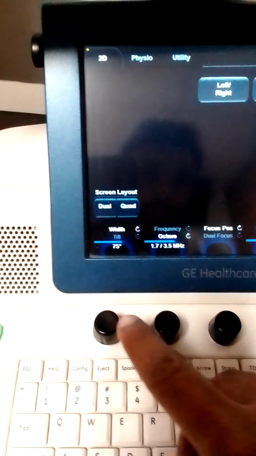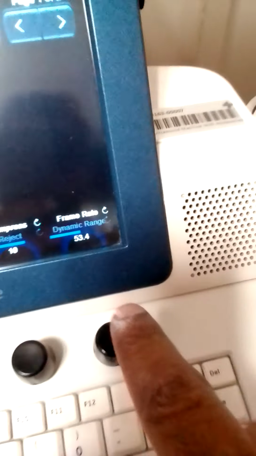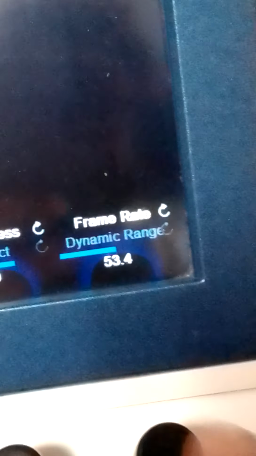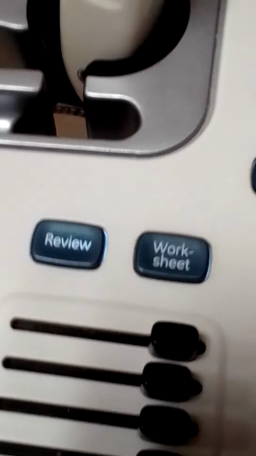With this, if you press it, it will become tilt. If you press, you can see there are two comments mentioned here: frame rate and dynamic range. If you press it, it will come to the dynamic range, and if you press it back, it will go to the frame rate again. So this is the General Healthcare Vivid T8 machine, and these buttons are the TGC, time gain control. You can increase and decrease the gain. Here you can see